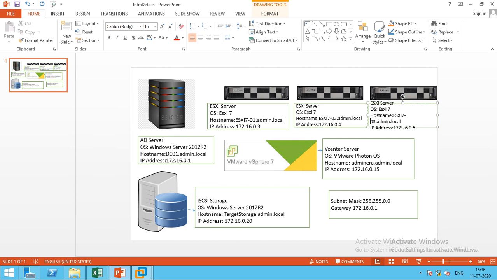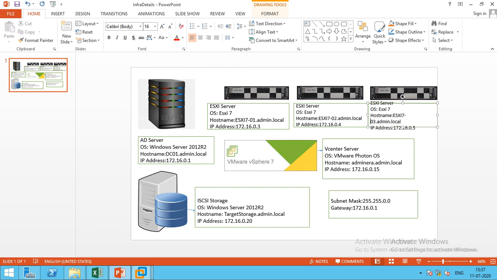This is my third host, and the host name is ESXi7-03.admin.local. The IP addresses are 172.16.0.3 for the first, 172.16.0.4 for the second, and 172.16.0.5 for the third. And I have a vCenter 7 server with the OS